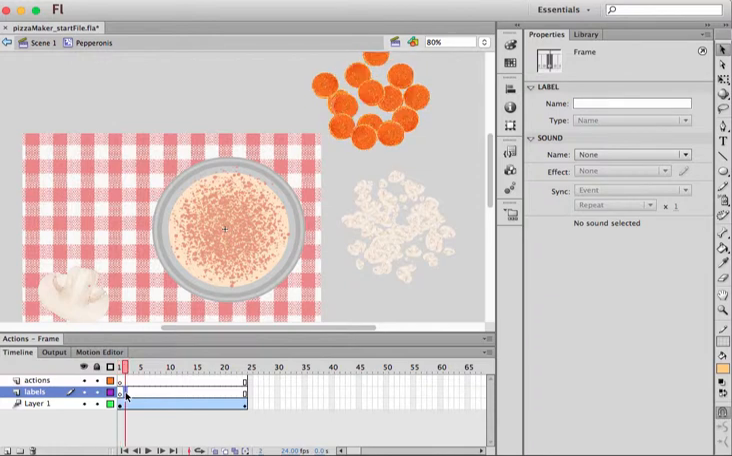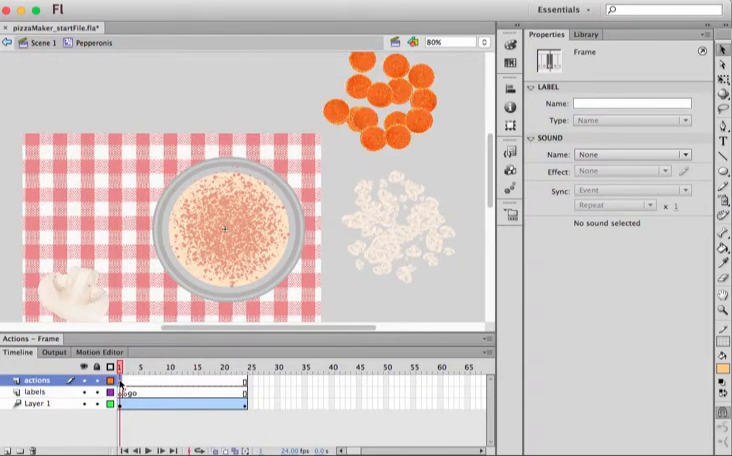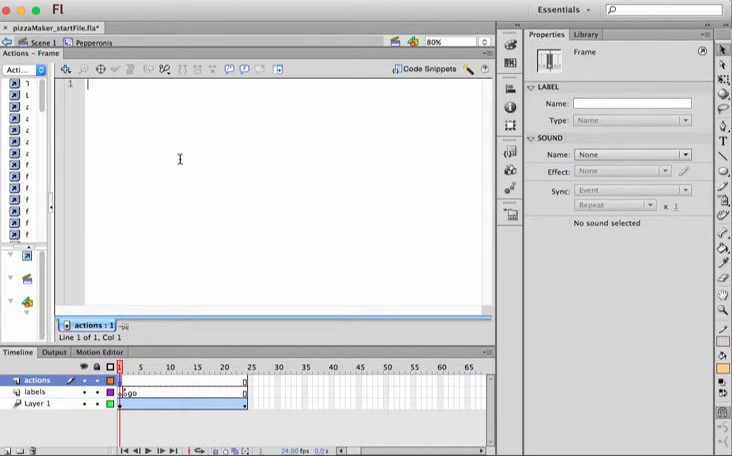So remember, we went to the labels layer, and in that second frame we hit the F6 key, or we inserted a blank keyframe. We clicked on that keyframe itself and looked at its properties and named that keyframe Go. Now up here in our actions layer, I'm going to write stop(); so that he'll stop on